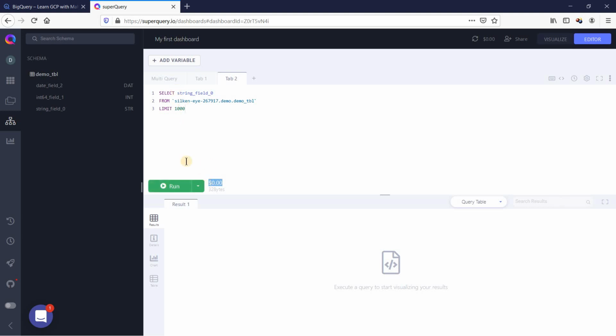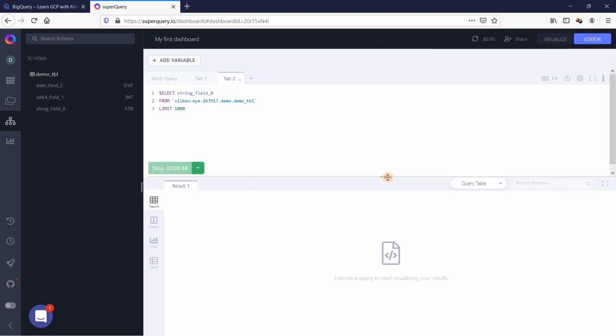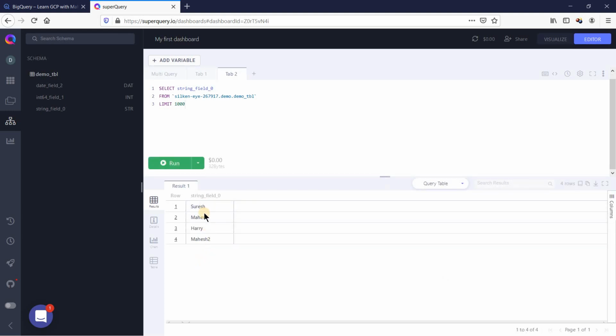Another cool feature. So tab, you can use a service account. You can also get the price of the query which you are going to run. Very cool feature. I really liked it. So that's the reason I thought of showing you this demo. So which could be really helpful. All good. So everything is running fine. Now the key part is